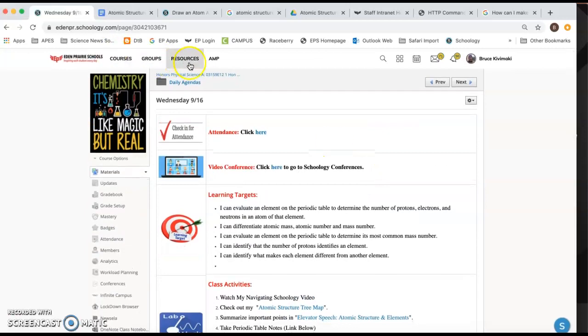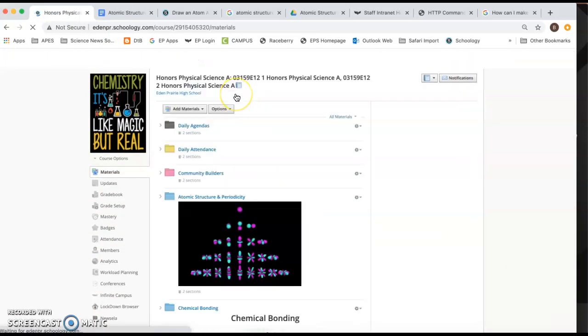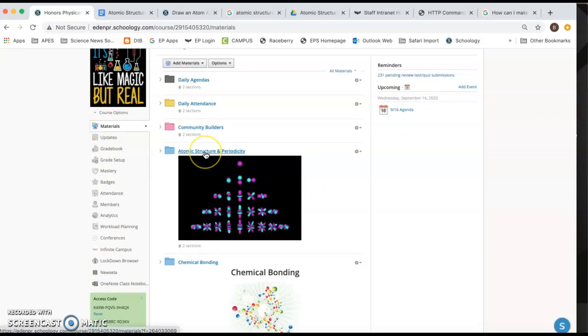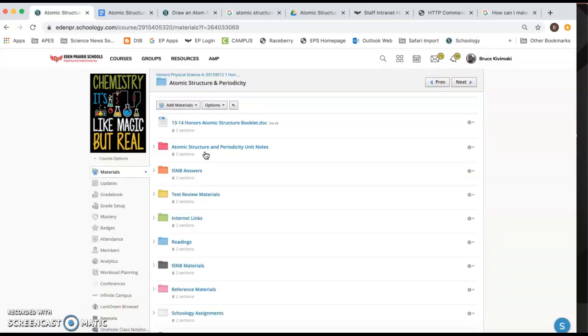Now, there are some other things that perhaps you want to take a shortcut and just get into. Let me just show you some of the things that are available in the atomic structure and periodicity folder. This is our unit that we're working on right now. And there's the old-fashioned booklet. We've got an updated version of the booklet, but if you ever need to print out anything, like let's say a Google Doc, you just don't like them and you'd rather print things out, you can open up this thing. It is the atomic structure booklet,